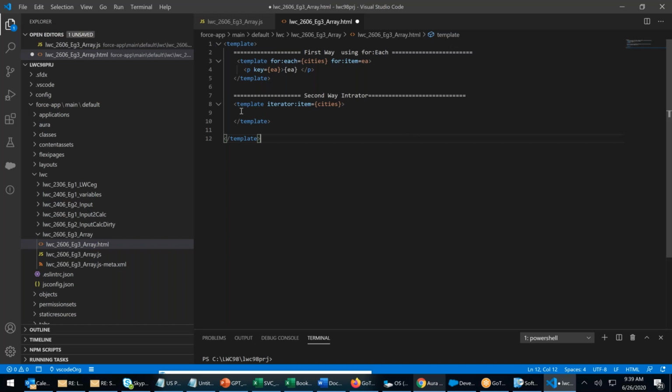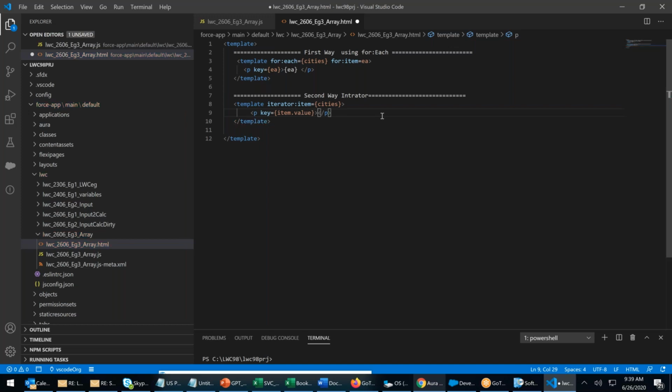But here, the declaration inside is almost the same. Key, key equals to what? Here you will use the keyword called item, item dot value. My key is also that.